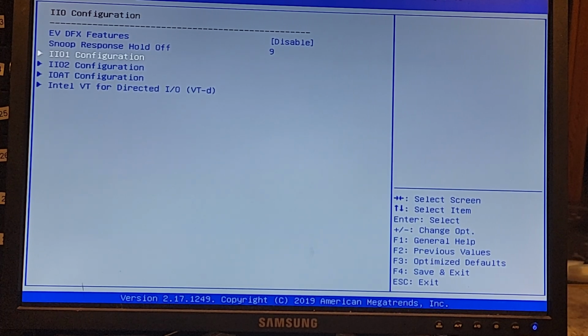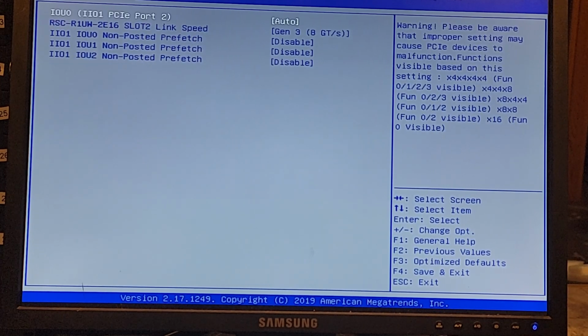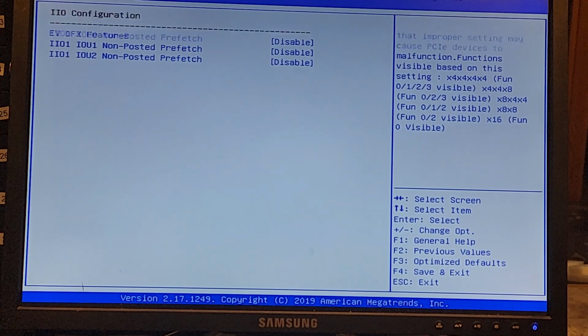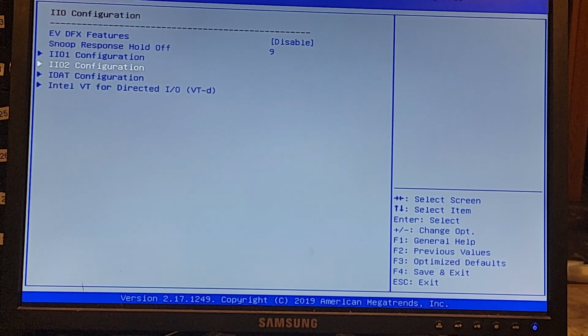So I went into IIO1, and that says PCIe port 2, which I'm thinking has to deal with the second port, because you could have a half-height card, but because of the way the CPUs are laid out, you can't, so they don't have that card in there. And I think that's what this was, and I think that's where my problem originated. So if I go into IIO2,